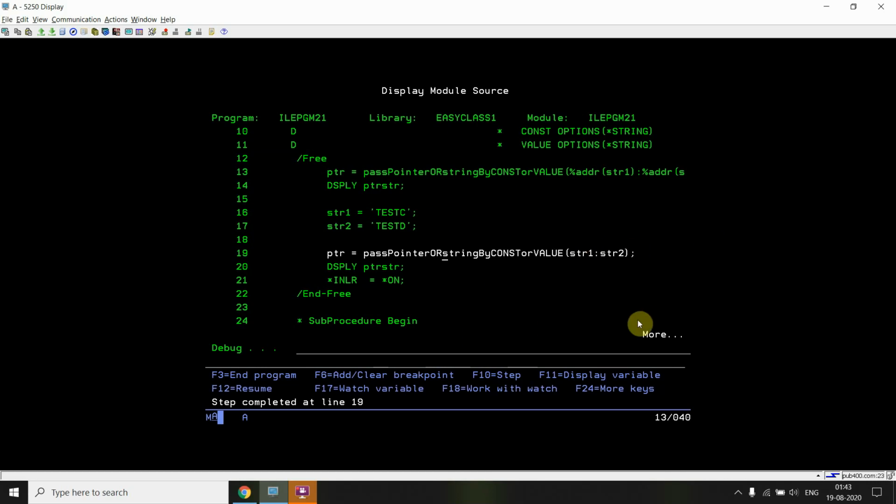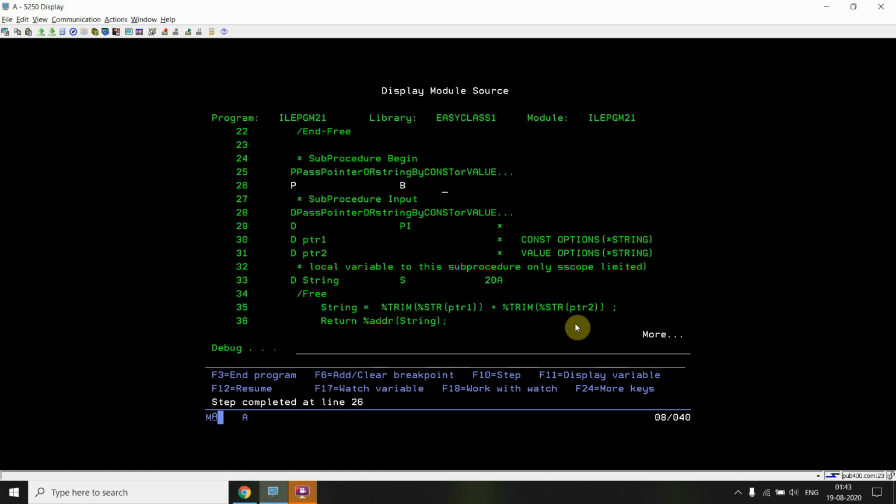Basically this will be handled by the OS, because we have used the options star string. In case of options star string, the OS will handle that, it will pass some temporary address which will hold that string.